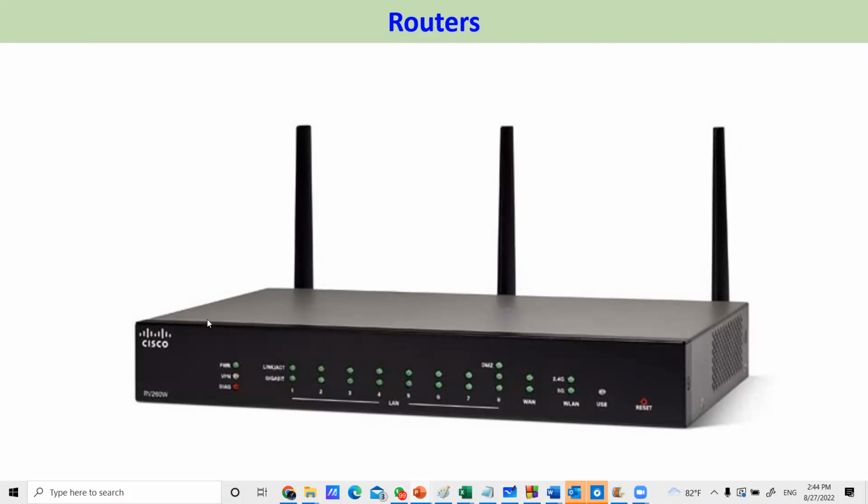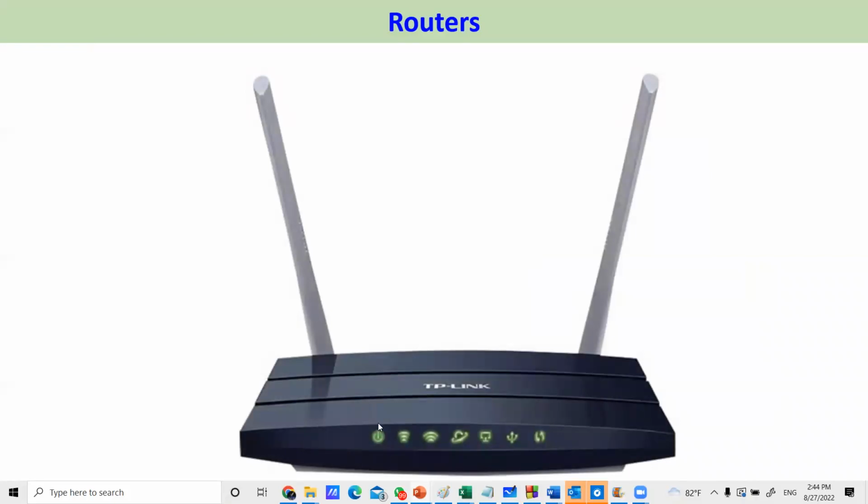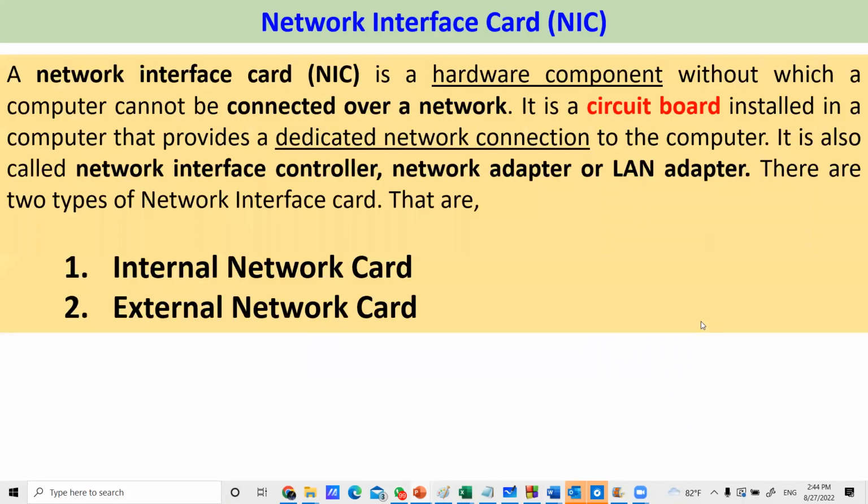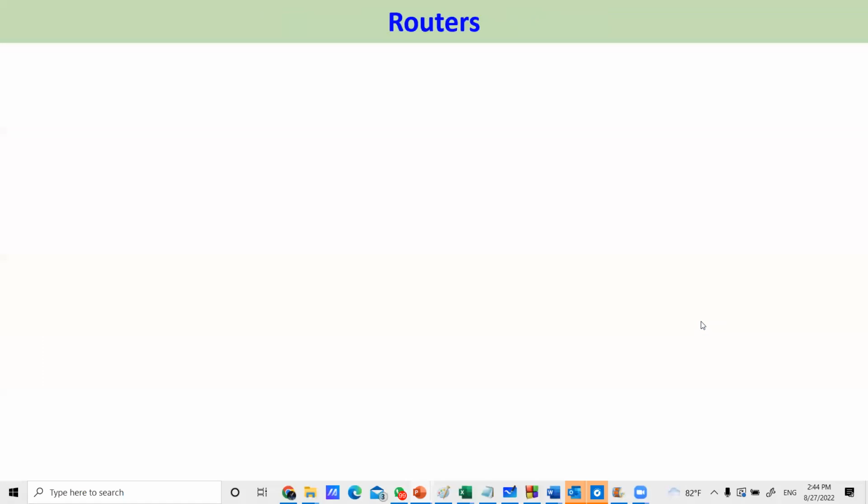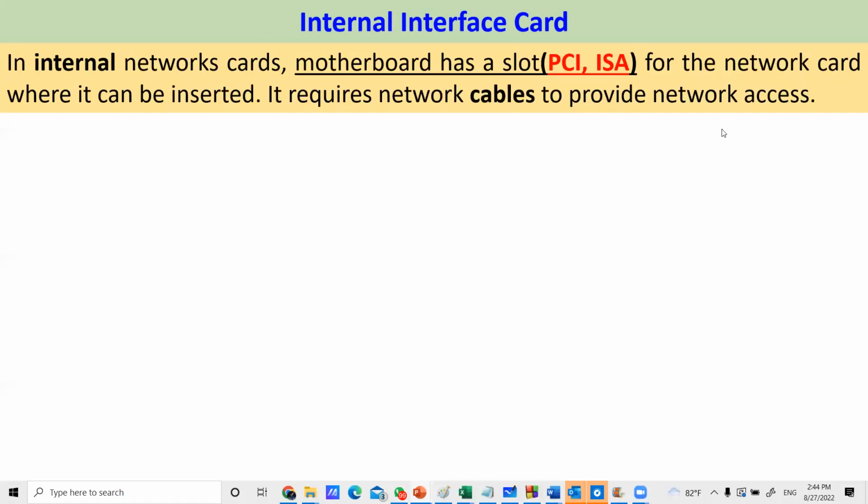Here is another one, a Cisco router. This one is a normal router. Normally you can find it in your homes. Right, that's about routers. Then let's move to another